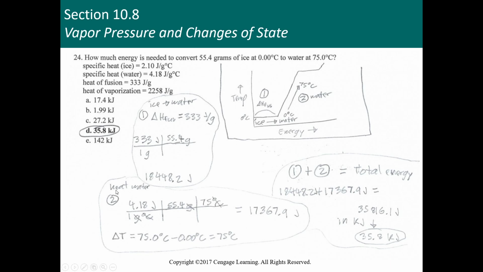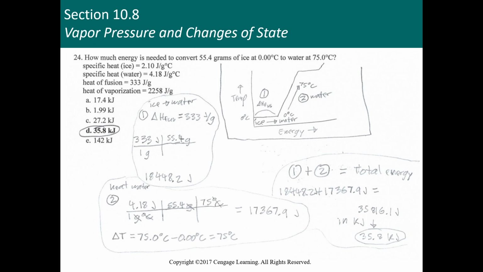So the second step, we are going to heat the water. We have water now. We have 55.4 grams of water, and we need to heat it up. Well, how do we deal with heating something up? If you remember back, way back in the previous semester, you were introduced to something called specific heat. Specific heat was how fast something heats up. So it's how much energy it takes to heat 1 gram